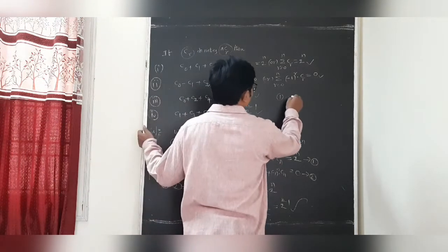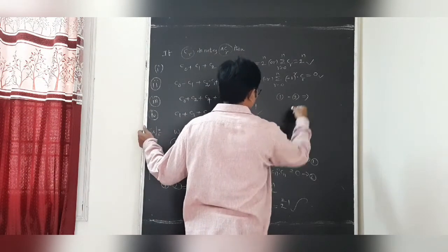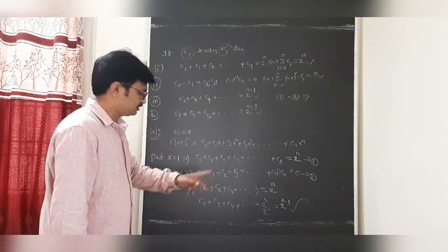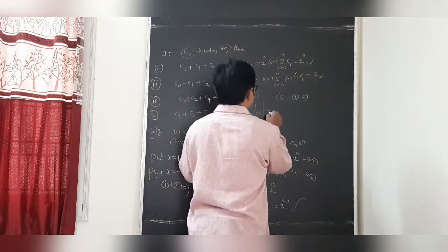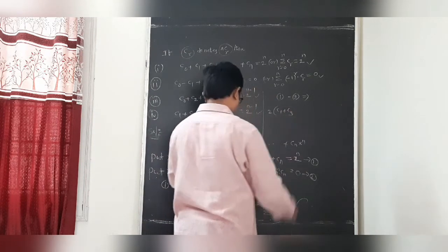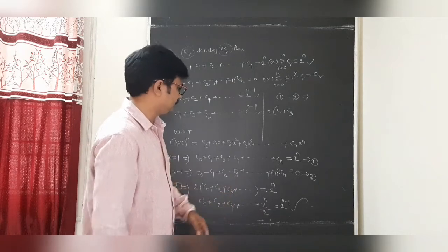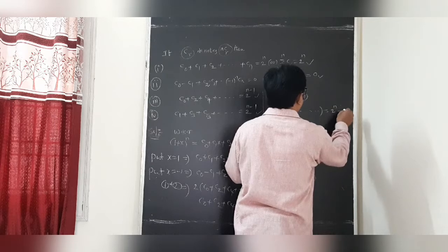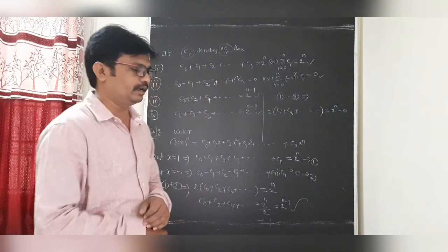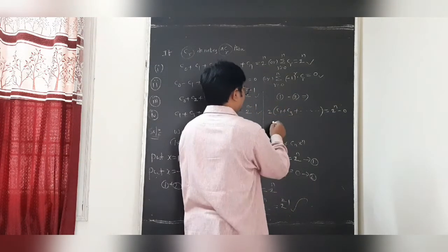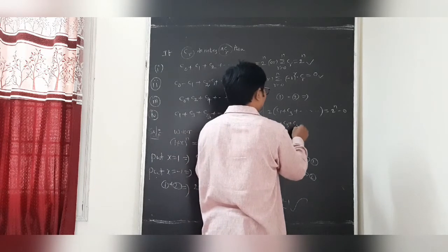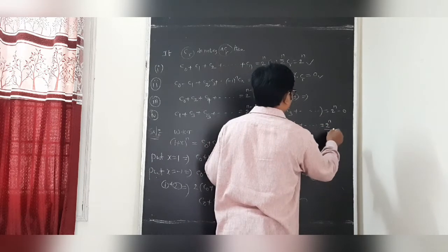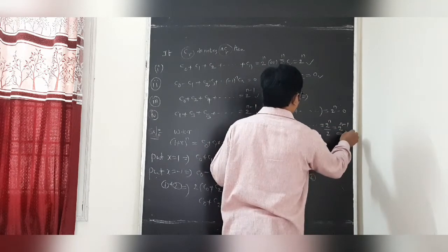When we are taking the difference, dear students, 1 minus 2, that implies C0, C0 cancel. This is C1 plus C1, 2C1. Dear students, this is 2C1. After then, minus of minus plus 2C3, that will be equal to 2 power n minus 0. Then you can write this as C1 plus C3 plus C5, which is 2 power n by 2, undoubtedly 2 power n minus 1.